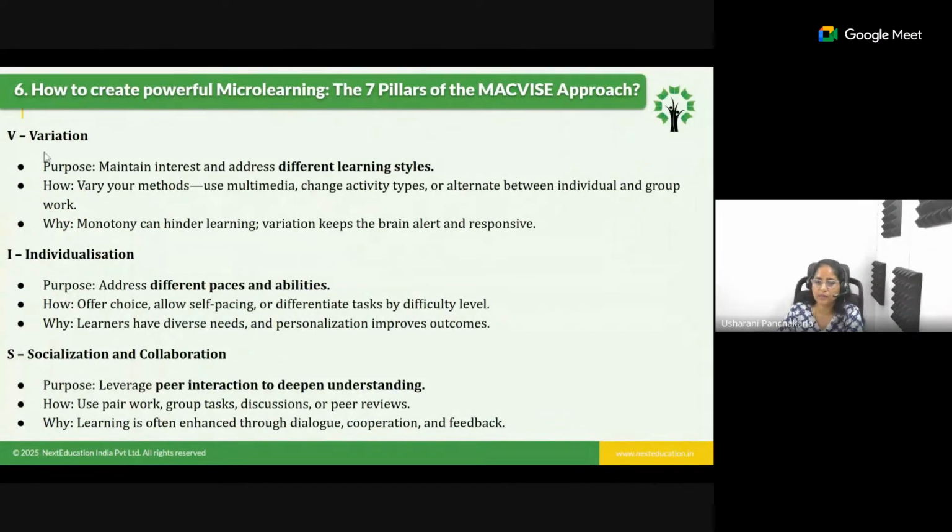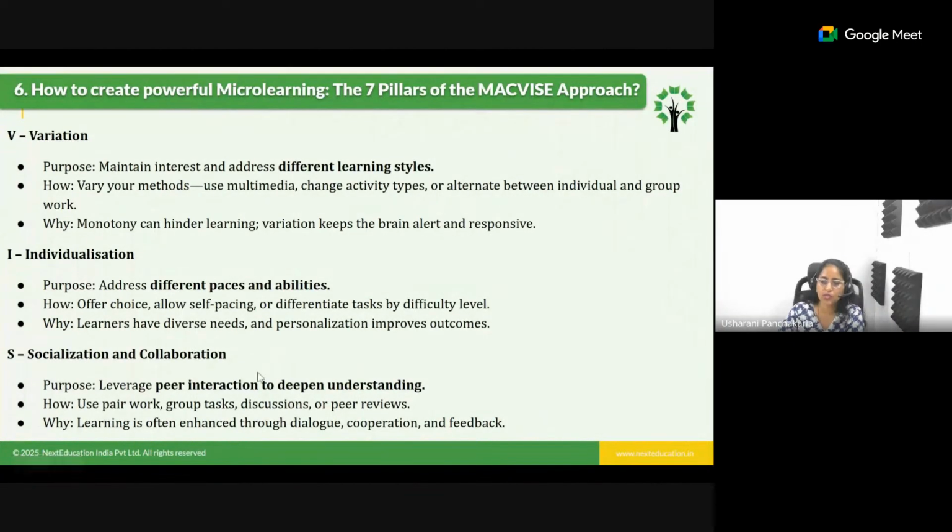Now coming to the next one, variation, where students have different learning styles. As per that, we need to use the resources, and to avoid monotony we cannot go with just one; we need to go with multiple resources. Coming to the next one, individualization, here we have seen different things. One is doing the jumbling of the cards. The other is doing a pair up activity where one student says you can pour water into this, and the other student needs to guess. So that is liquid. This is where the task is being assigned.